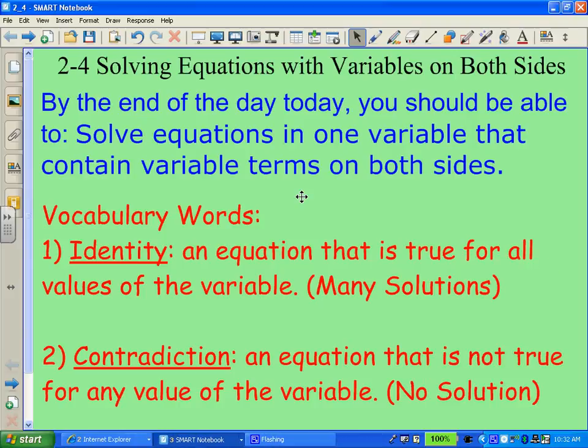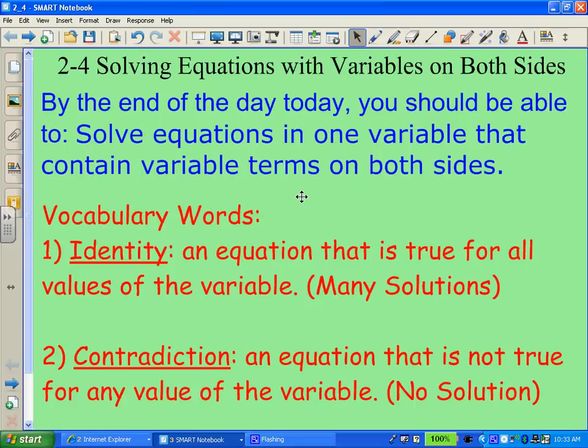Good evening, folks. We are at 2-4 now, solving equations with variables on both sides. Now, just like 2-3, we're going to split this up into two parts. So the first, for this video, we're going to solve equations with variables on both sides, just like the title